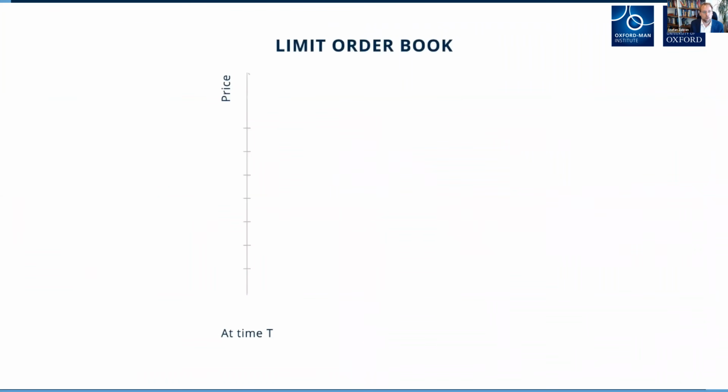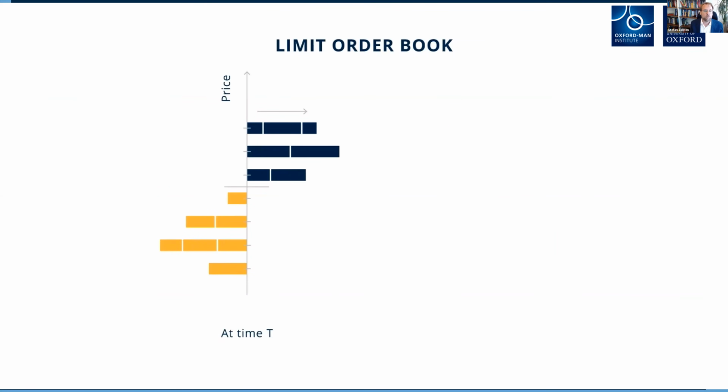And those of you who are familiar with limit order books know it's really just a manifestation of the supply and demand at the limit order book. So you have price on the vertical and size of orders on the horizontal, and I'm really showing orders resting at an exchange. So here I have the orders to sell. People place orders, they want to sell at a high price really, and people wanting to buy, they want to buy at a low price. Now, those orders to sell are also called the ask, and those orders to buy are also called the bid.